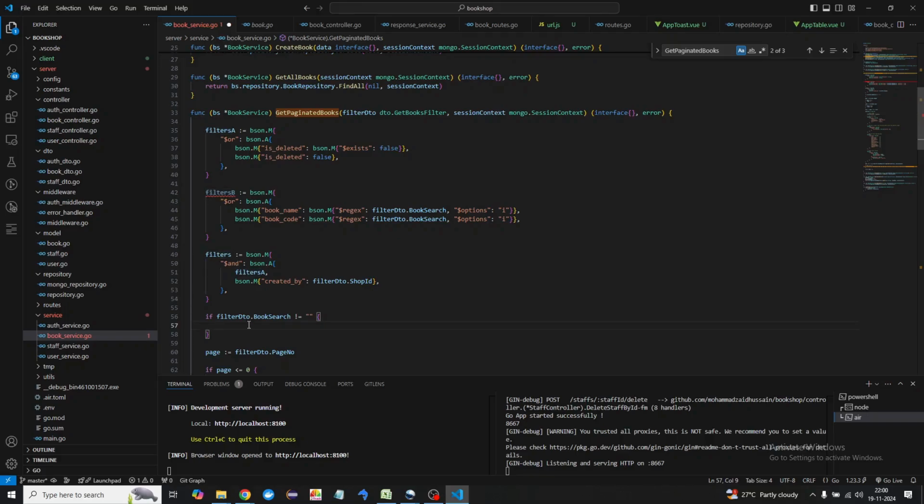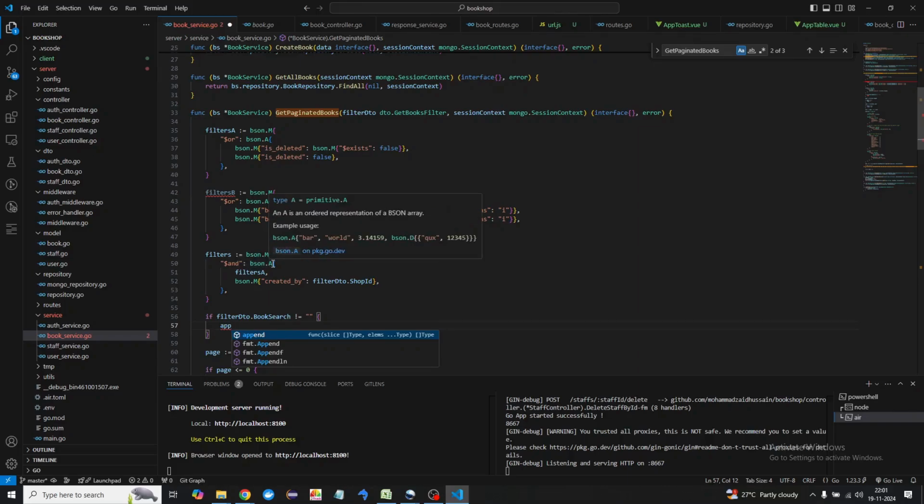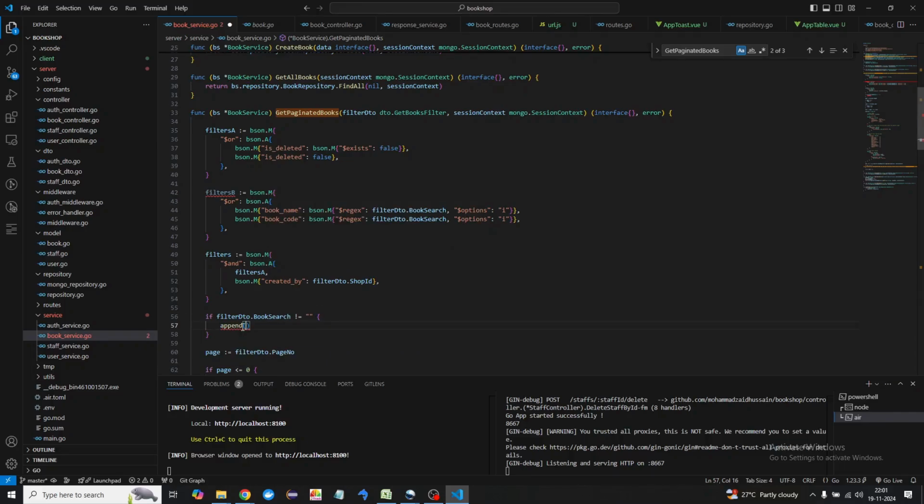So how can we do that? For doing that, we know we have an append functionality. And why are we going to use append functionality? Since we cannot reassign these filters because this data is actually required over there, right? So in this case, let's append this, and why we can append this, because you can see here we are using bson.A, that means this is an array, right? So how do we assign an element inside an array, we know that. For that we need to use the append function in Golang, and then here we are going to say, okay, this is the filters, and I will say